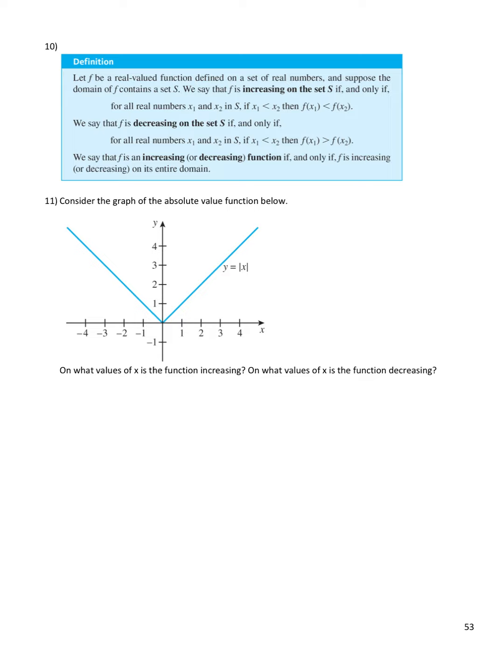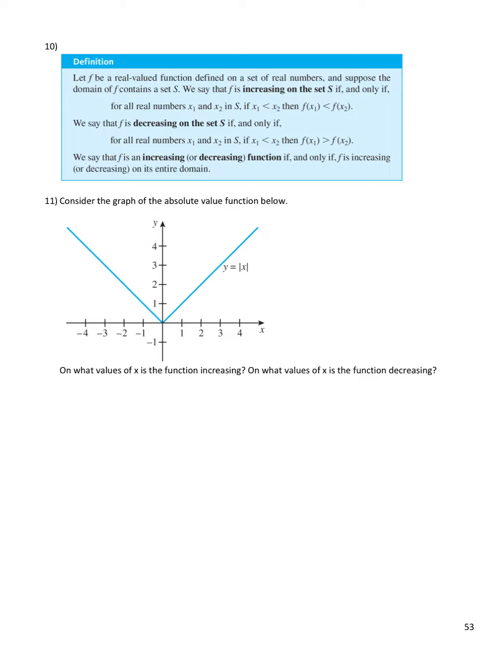But the way you can just look at a graph and see this is you read it from left to right, and you say uphill or downhill, right? So I'm going to start at the left here, and as I'm reading left to right, I'm going downhill. So this function, which is the absolute value function, is decreasing here, and then as I start moving uphill, it's